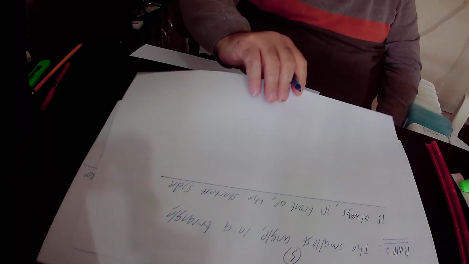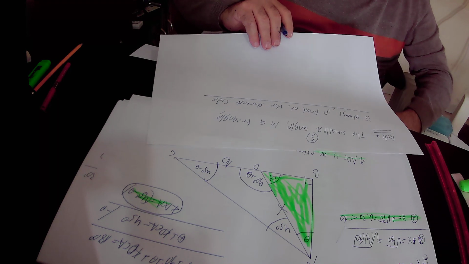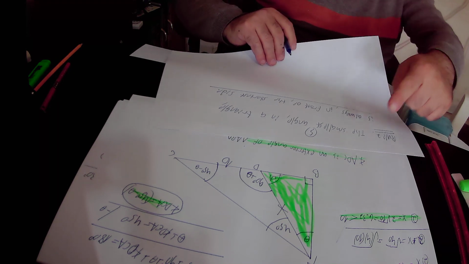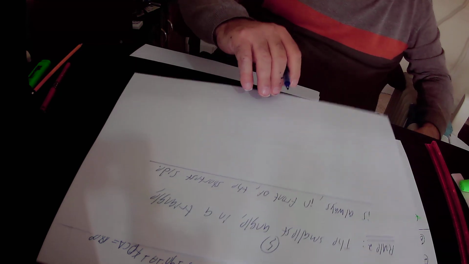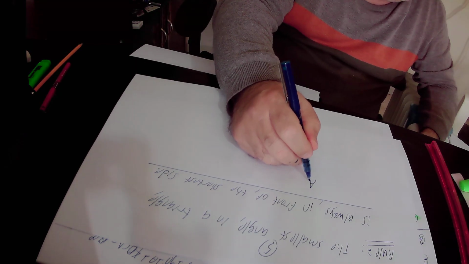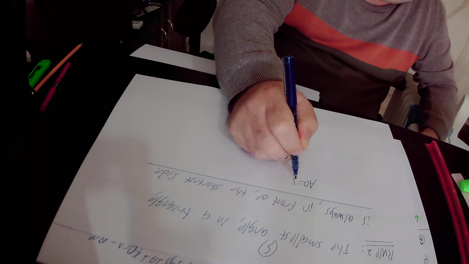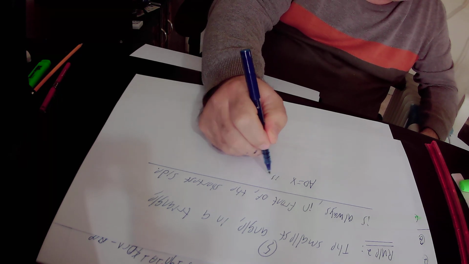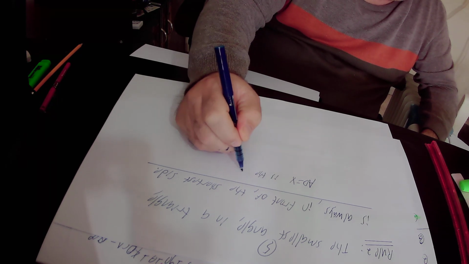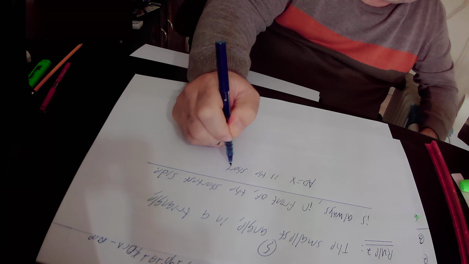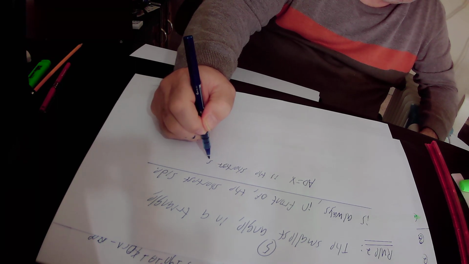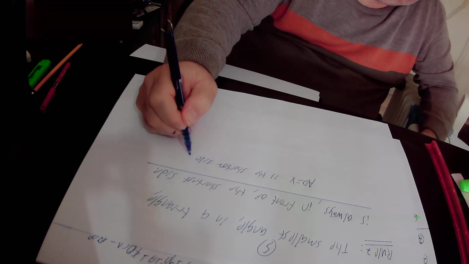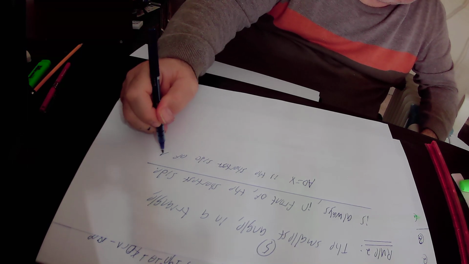So according to rule number 2, AD that is equal to X is the shortest side of triangle ADC,